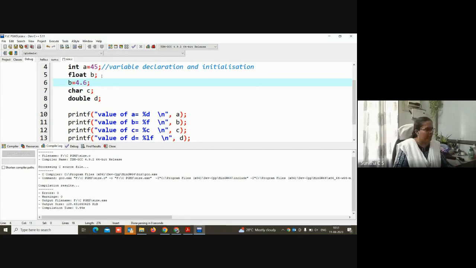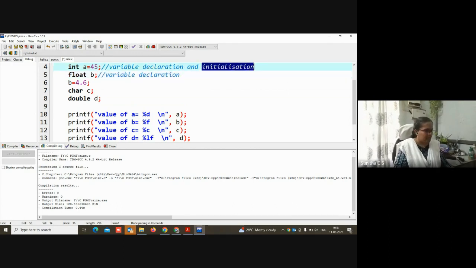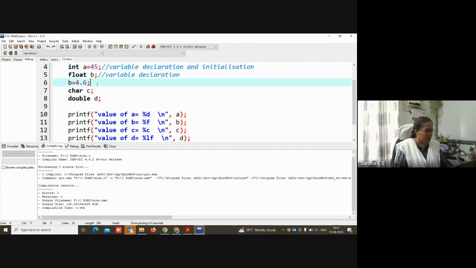So here, this is variable declaration and this is initialization. We can do these two things in the same step or in two different steps.